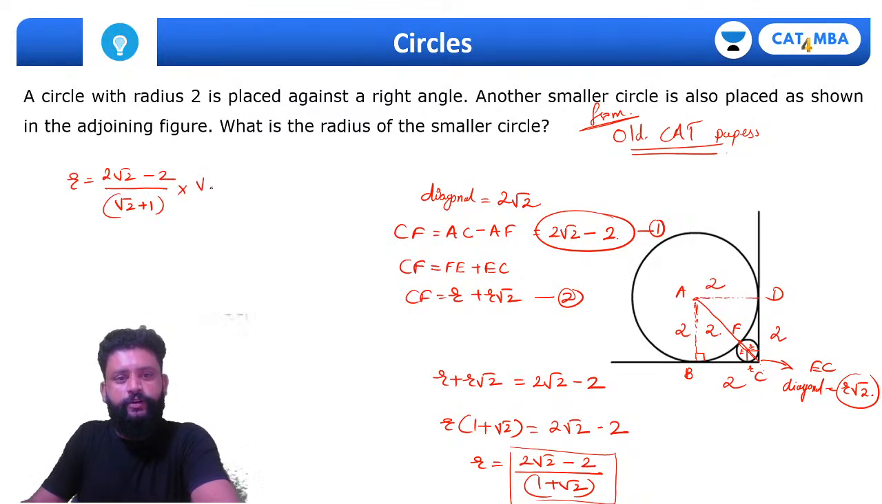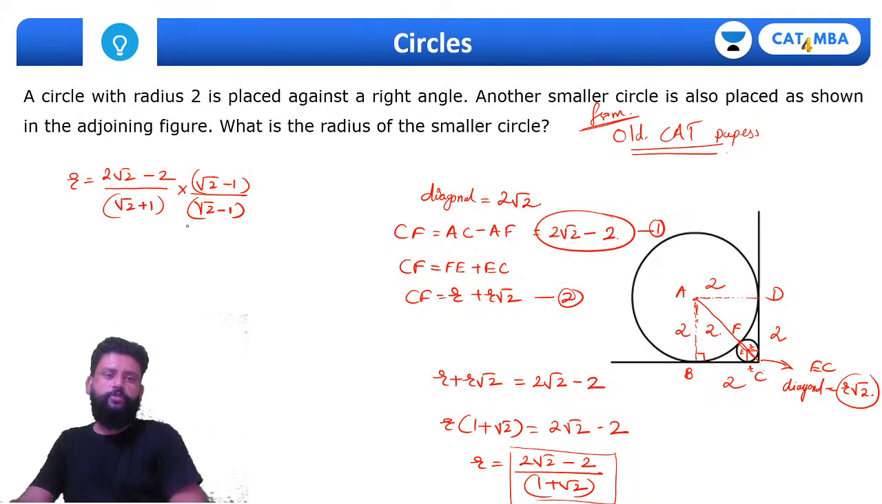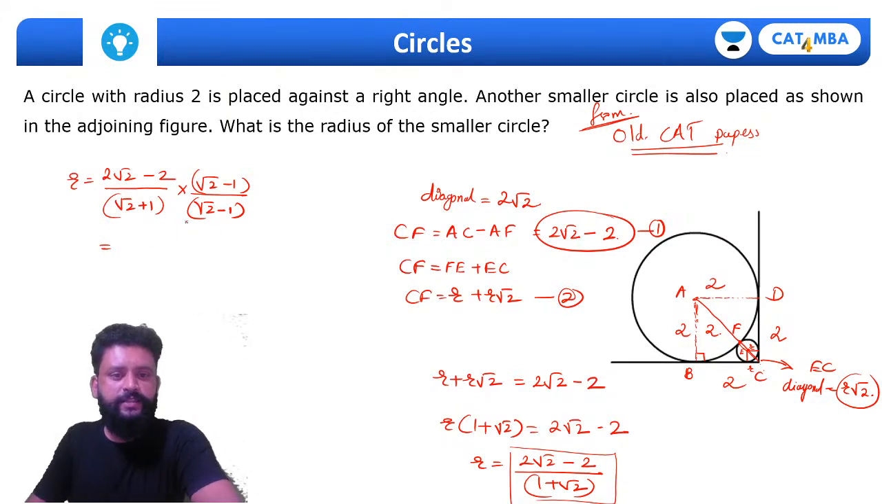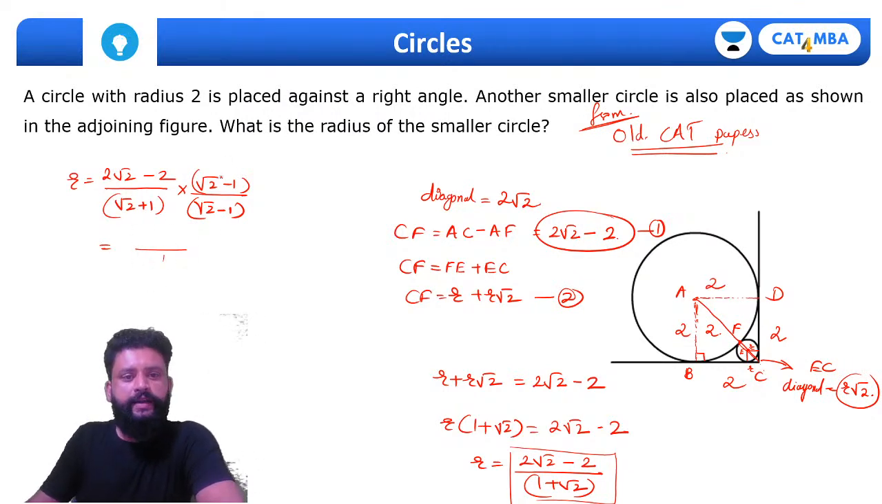Then I'll multiply it by √2 minus 1 in the numerator as well as in the denominator. This is how we rationalize, because we normally do not keep a root in the denominator. That's the way we write in maths. So the denominator will be just 2 minus 1, which is 1. And here, if we multiply by √2,